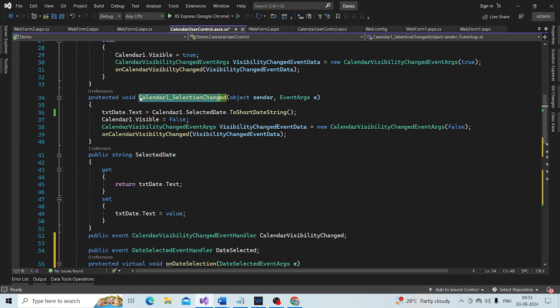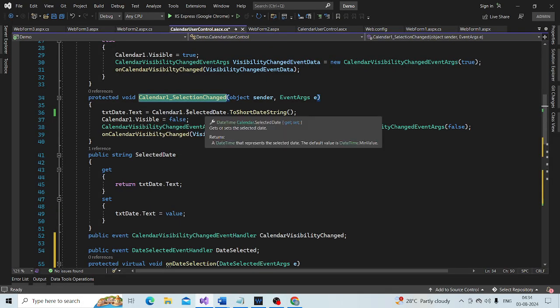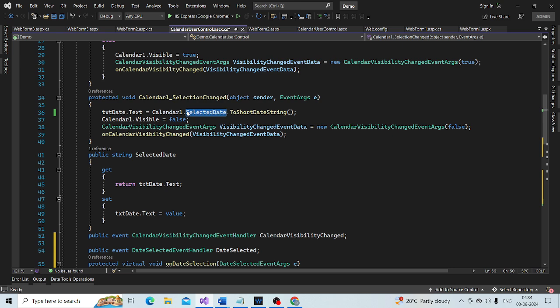That is where we retrieve the selected date from the calendar control and populate that text box. So that is when I actually want to raise this selected date event.